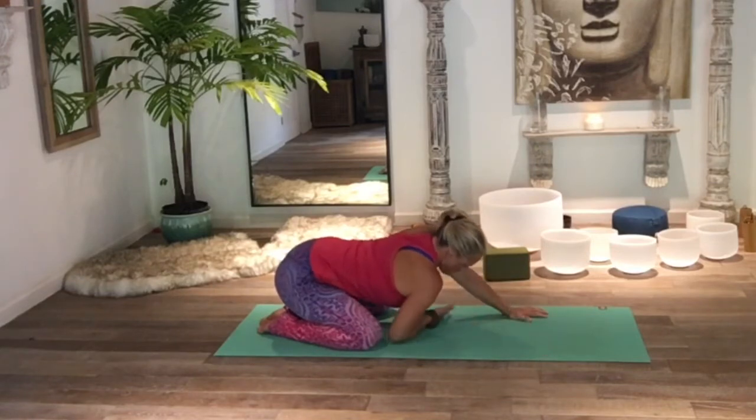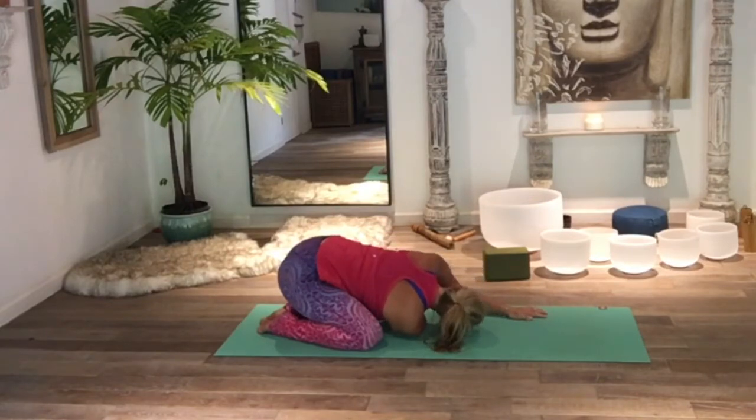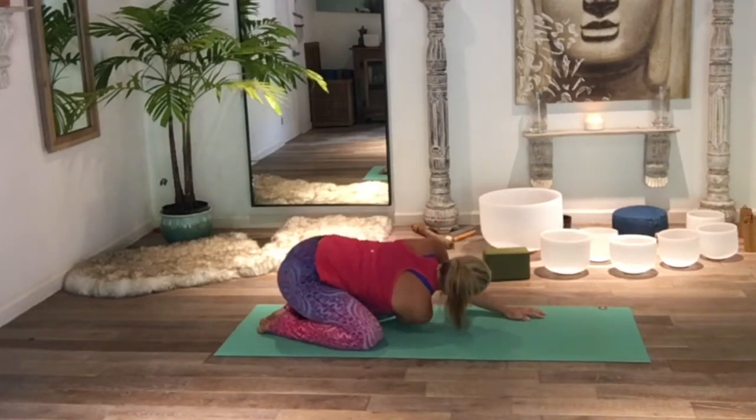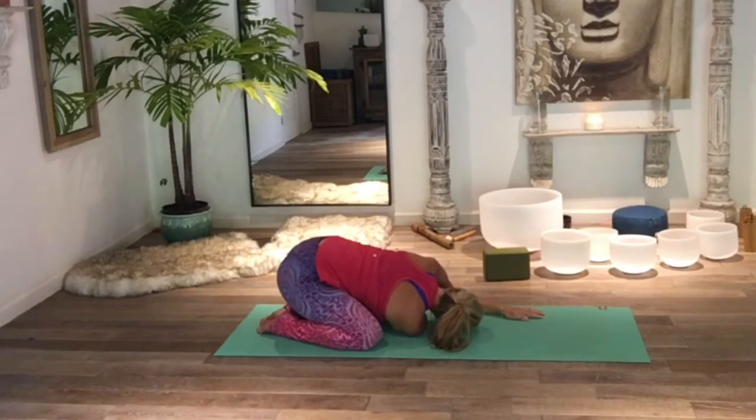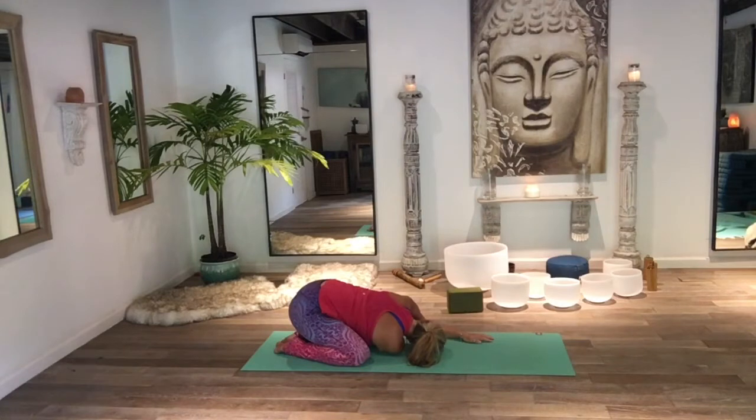Right hand threading under the needle. Lower down your right side of your face. Relax the elbow. Draw the hand through as much as you can. Then lower down and settle. Make sure your palm is facing up. When we have pain in our shoulders, energetically carrying burdens,